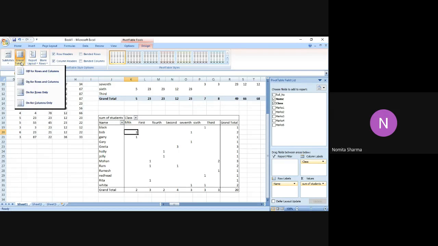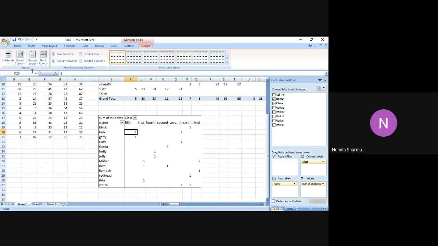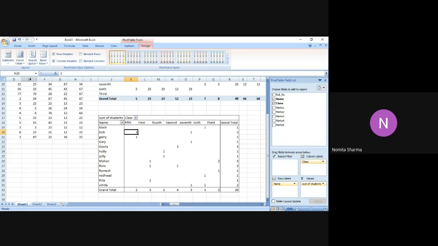And if you see, it is actually telling me the options like off for rows and column, on for rows and column, on only for row, and on only for column. So by default, the option is it will actually give you the grand total for both your grand row and grand column. So if I just say off for both row and column, you see the grand total column and row has disappeared. Right? So if I just go back further, I say on for both row and column, they will come back again, because it is not a necessity that in every pivot table you would want to have a grand total. So these are the default.